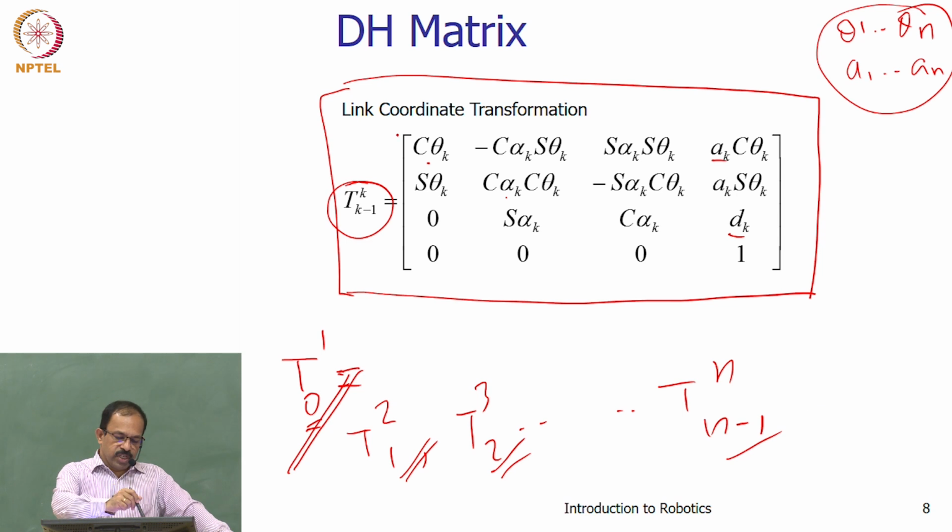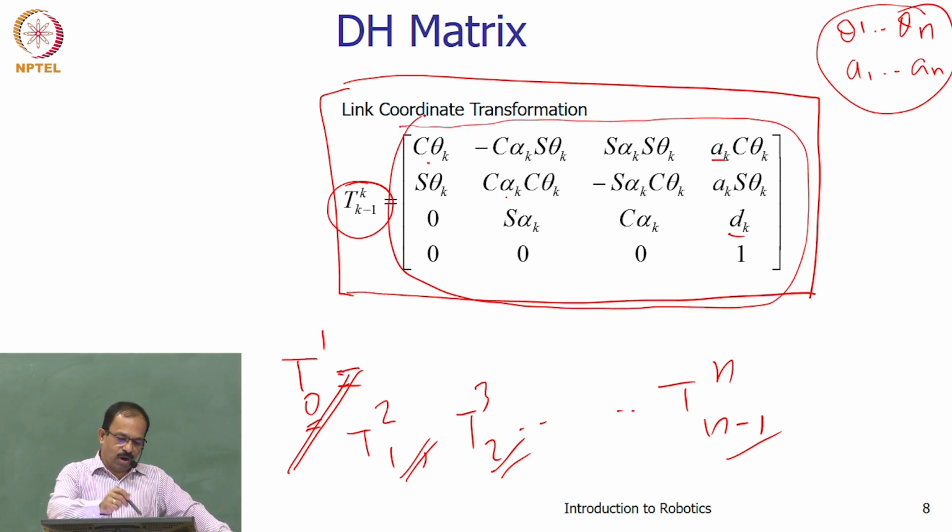The only thing you need to remember is this matrix. If you can't remember, then you need to go to the fundamental matrices and multiply them. Otherwise, if you can remember this, you don't need to worry, because what we need in forward kinematics is only this particular matrix. Once we know this matrix, everything is done, because it's only substitution of the DH parameters into this matrix, and then you get the transformation matrix. Any questions?